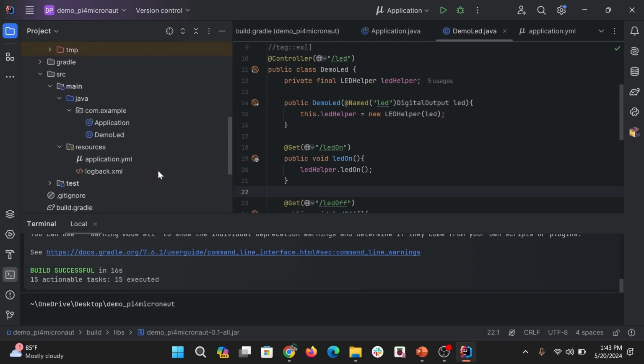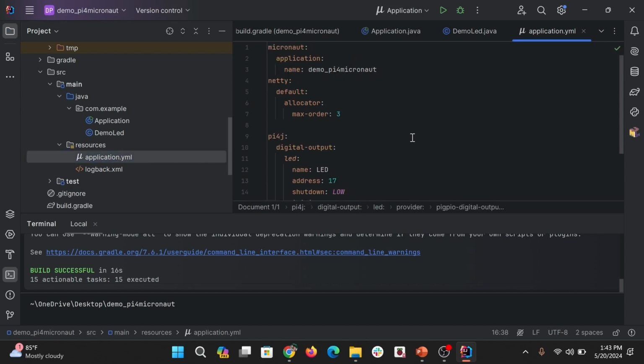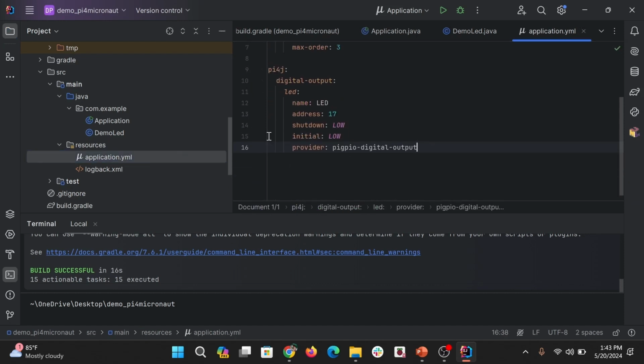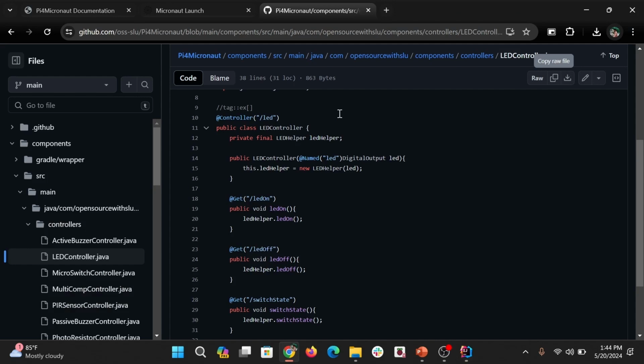So before that, let me show you how we can set up the LED circuit using our documentation and powering up the Raspberry Pi and other stuff. And make sure in your application.yaml file you have configured the LED with an address 17. So we are gonna use GPIO pin 17 for the circuit setup. So let's go back to the documentation,